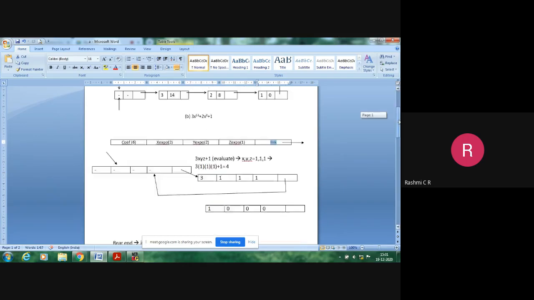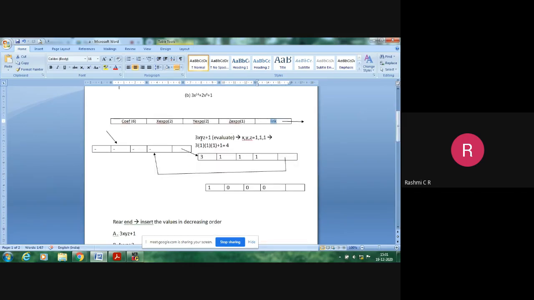Look at the example. I'm just considering an example here, that is 3xyz plus 1. This is the given input. We have to create the circular linked list along with the header node concept, and the node structure is considered like this. We have 4 data elements and 1 link part.